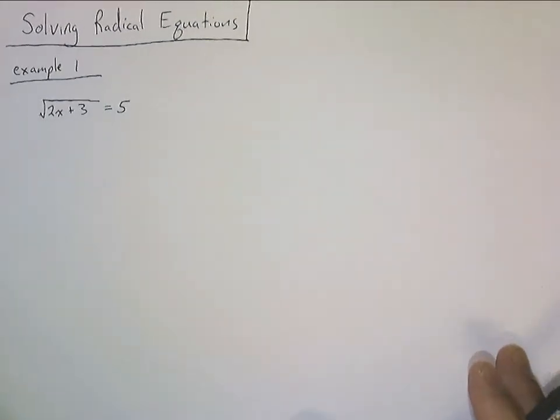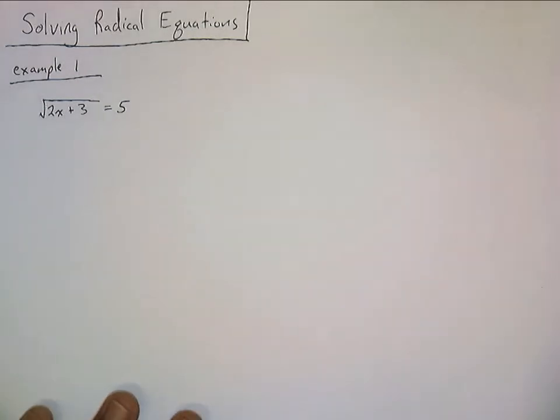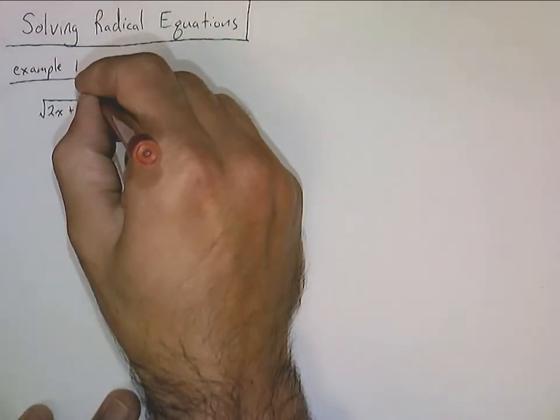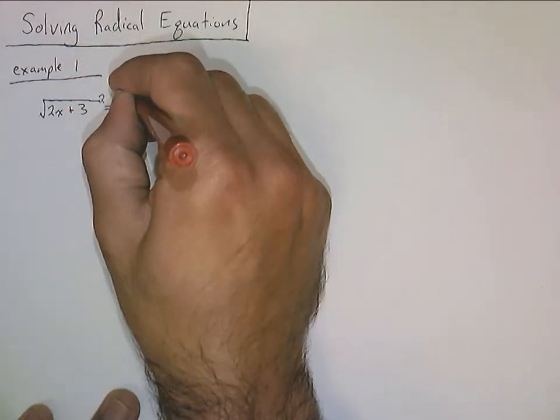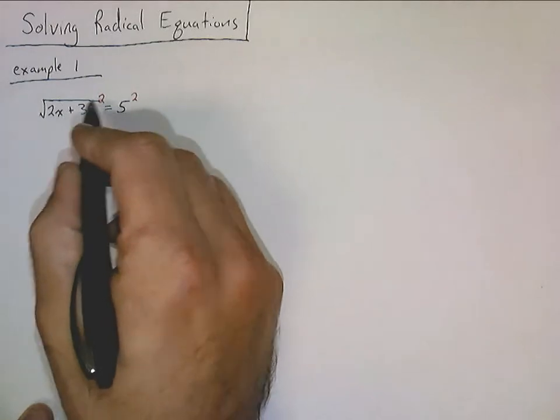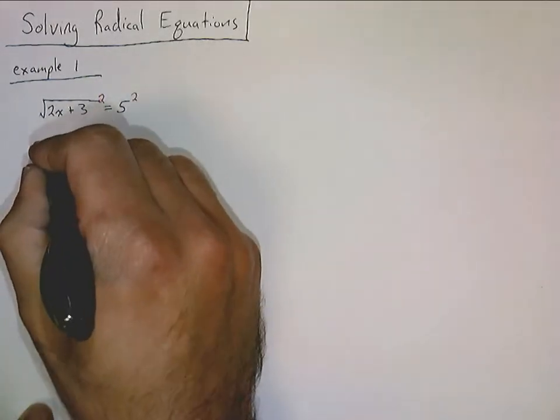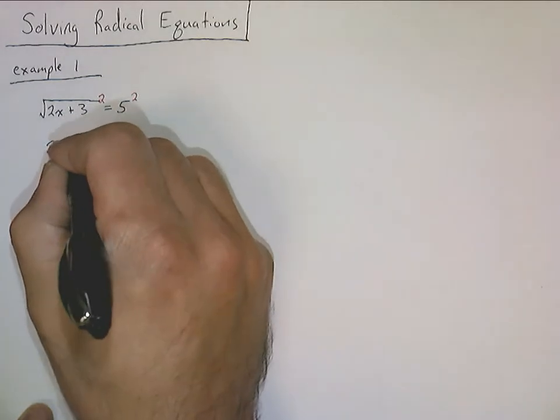Now we can't just start solving or undoing what's being done to the variable x right now because it's trapped inside of the radical. So we need to first get rid of the radical. And of course, how do we do that? Well, we just square both sides of the equation. So we put a square there and a square there. If two things are equal, their squares are also going to be equal. And so the square of the square root, those cancel each other out, leaving us with 2x plus 3 is